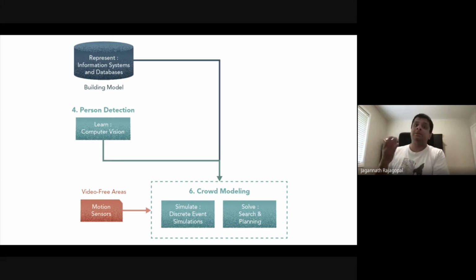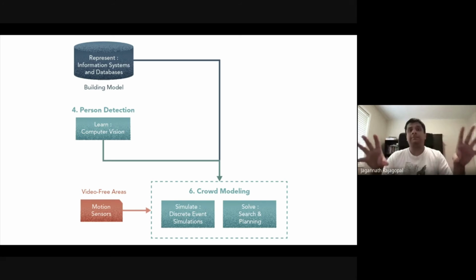So it considers individuals as agents and objectives. It models spaces and spatial constraints. It models bottlenecks. So it's a little bit more realistic in that sense. Our approach to smart buildings, okay, is that in step 6, we're going to do discrete event simulations. But in step 7, which is the next step, we're going to model that as an agent-based simulation. Okay, and so we'll see that in the subsequent step.